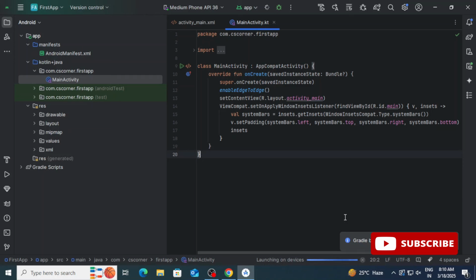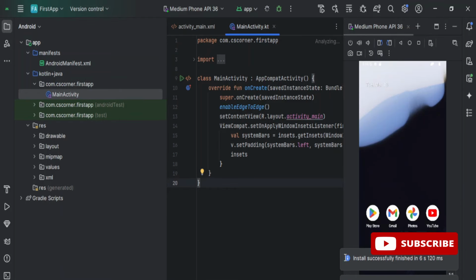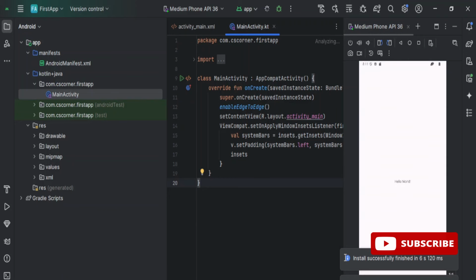So guys, here I'm clicking on the play button and you can see my APK has been installed. Here it's showing me this message, which means your APK has been installed on this Android virtual device, and you can see I'm getting my output. Hello world was there, and that output I'm getting on this Android virtual device. So guys, this way you can create any type of application using Android Studio, and you can run it on this AVD or on an actual phone.